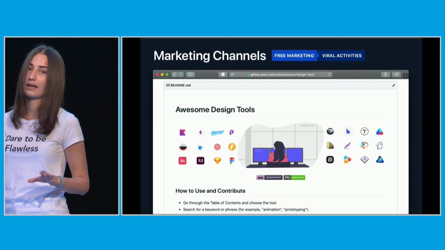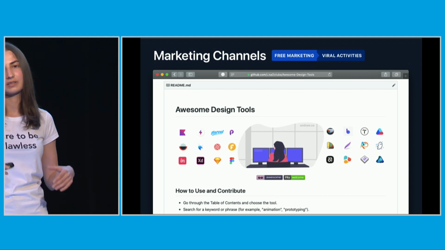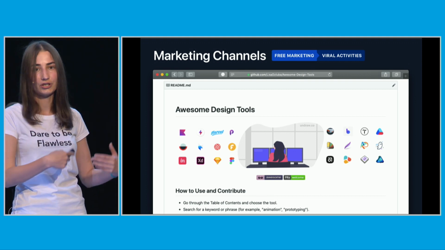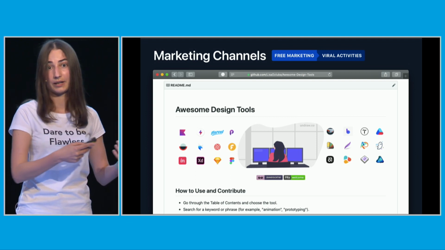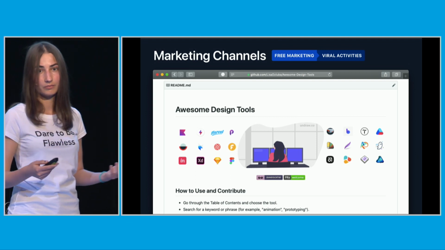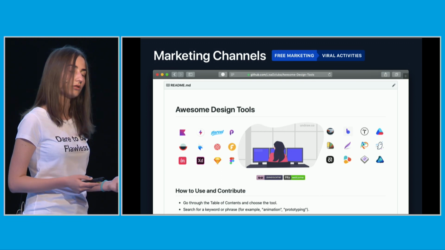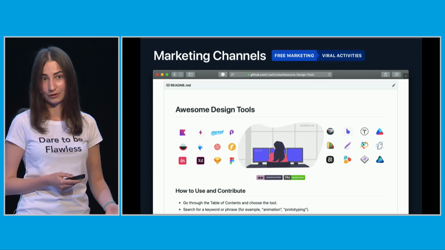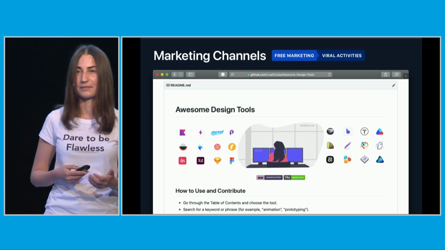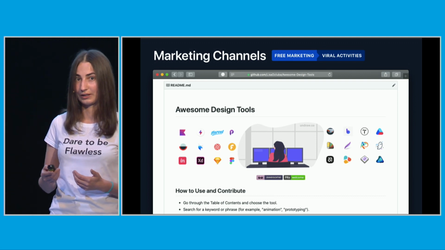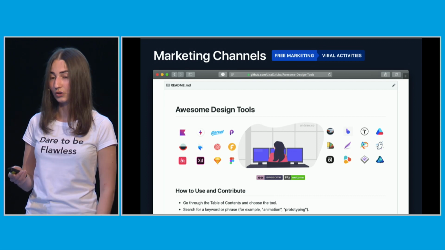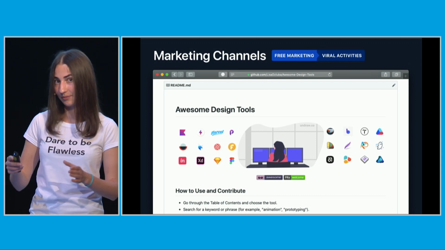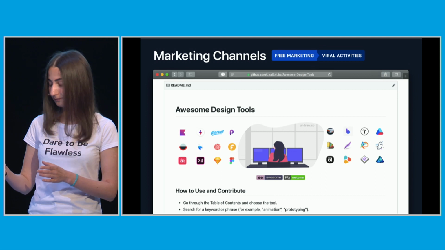This viral activity has a social engagement piece because it's easy to contribute, it's easy to share some tool, and it's easy to be part of it. Also, it's a global big problem because designers often need to choose some tool, and it's a list of 500 tools to choose from. And it's really easy. It's a very easy activity to do an awesome list, and people love it. So if you have an idea to work on awesome something for your niche, do it.